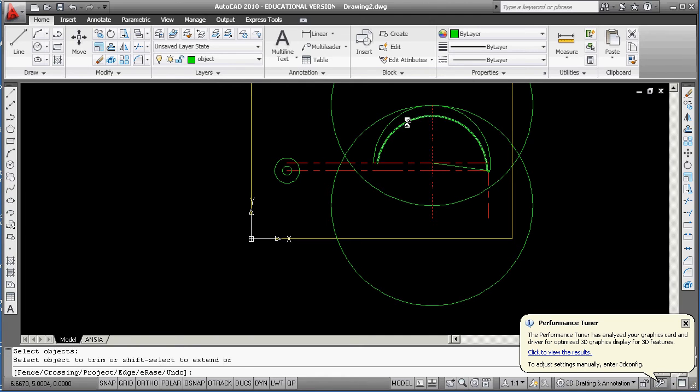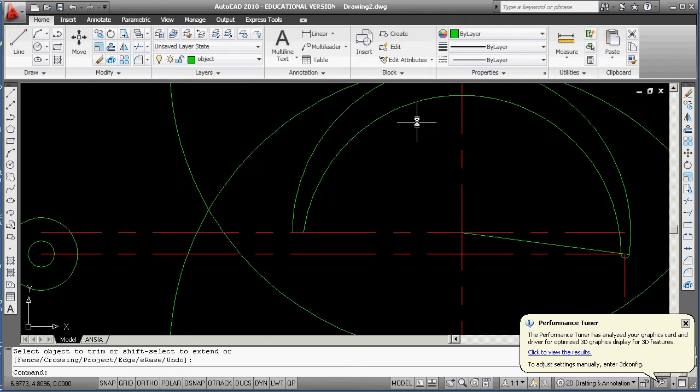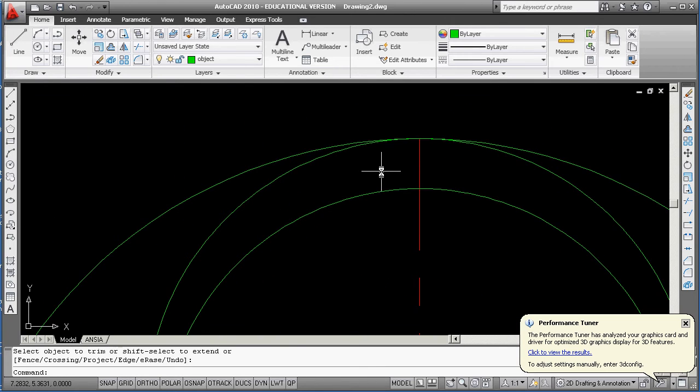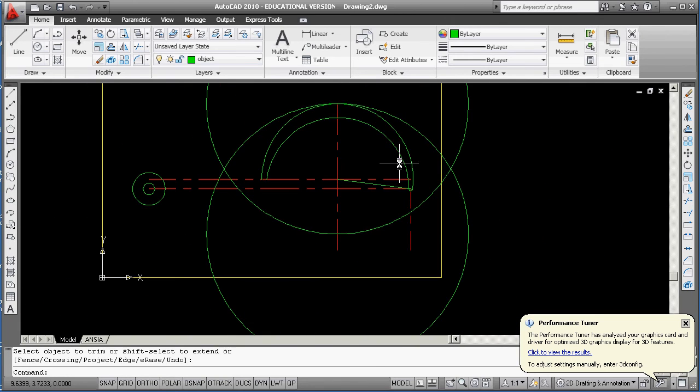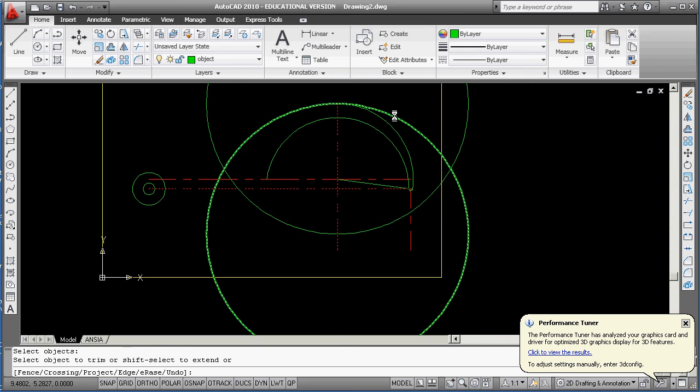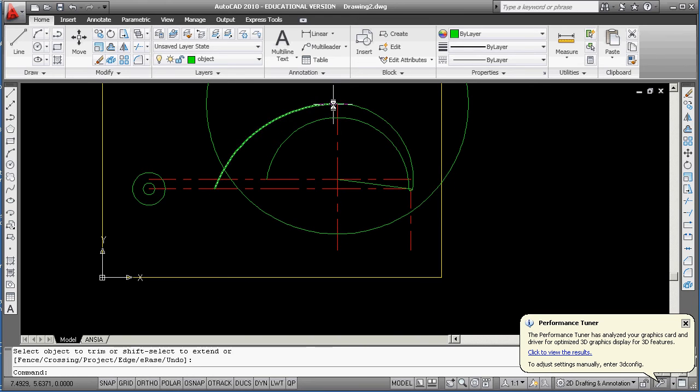We're going to trim this out here, and we kind of get rid of the rest of that, sorry. This is our larger circle. We're going to trim out right there. We're going to trim out that piece. So this goes from here to here. We're going to trim out here and here, get rid of that. So this circle, that point goes like that, and now it's going to flip back with a 5.5 tangent radius